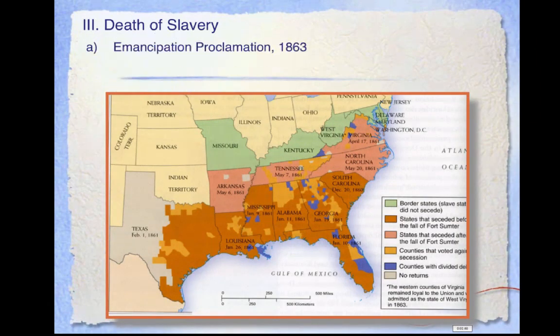It was a wartime measure, so it did not need congressional approval. It proclaimed the freedom of slaves in the 10 states that were in rebellion and allowed former slaves to enlist in the Union military. But it did not apply to slavery in states that were not in rebellion or in Washington, D.C. It is important to know that slavery was legal under the Constitution. This helps explain why the proclamation did not apply to the states that were not in rebellion.